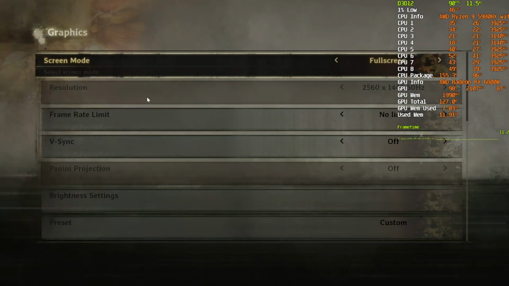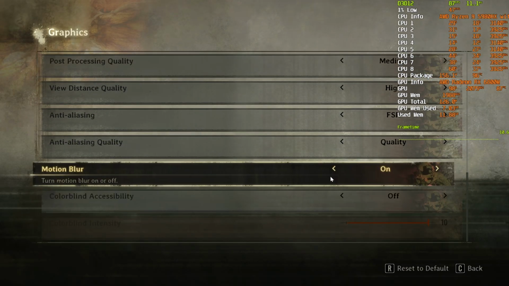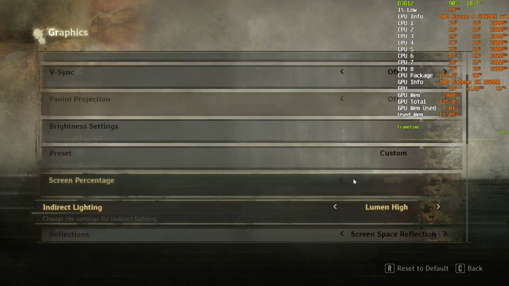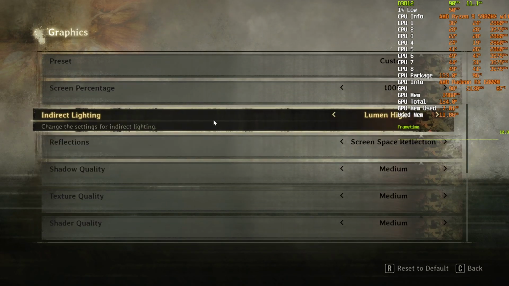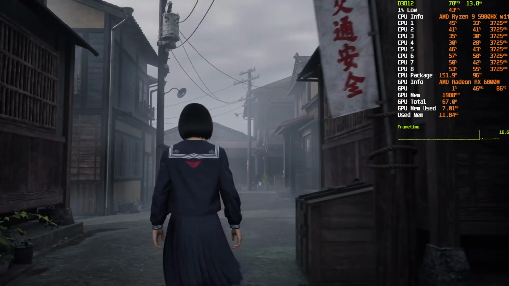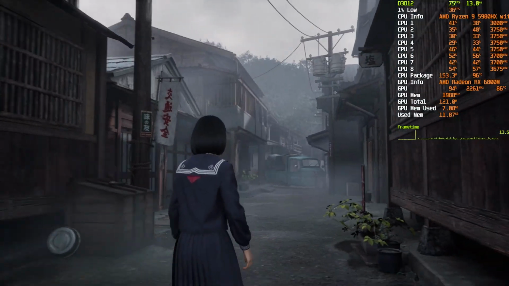Now we are going to see what's the max FPS that we can pull. For this, we are going to be switching from FSR Quality to Balanced. All of the other settings are at medium, with indirect lighting set to Lumen high. It's just one below Lumen Epic. And at FSR Balanced,